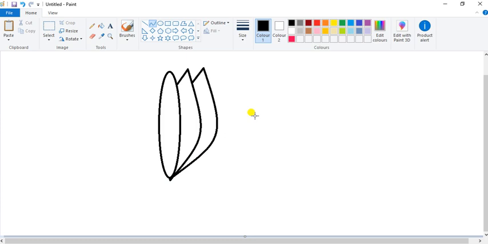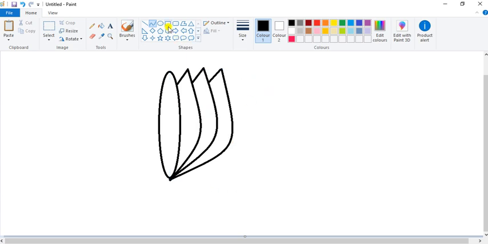Okay. Again. Now I want to draw again another pattern here. So same thing. Again select line tool. Draw a little bit slant line here. Then select curve tool. Draw a curved line from this point to this end point here only. And take your mouse pointer in the middle and drag it here like this. Okay, and click here only.